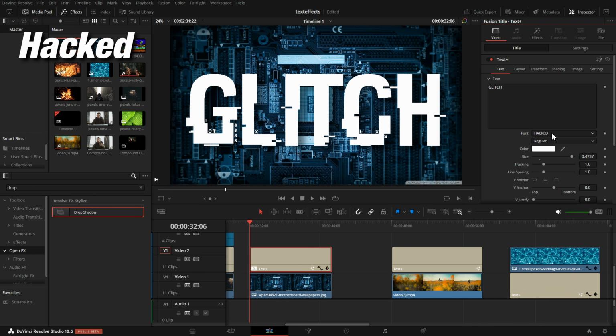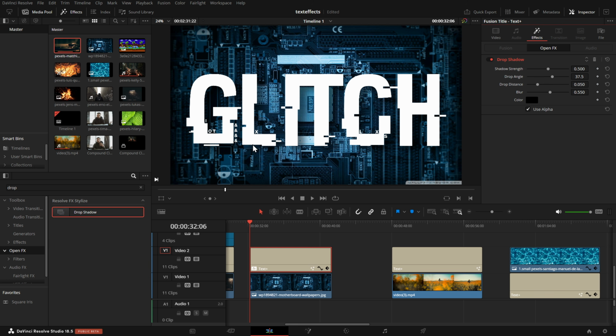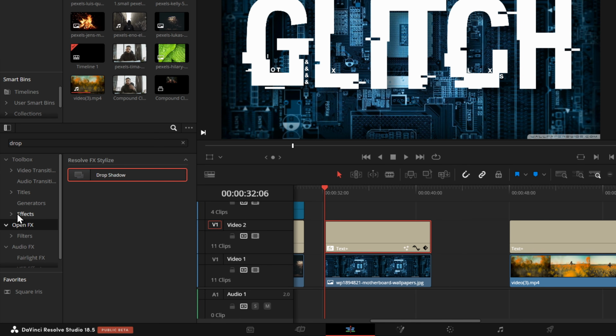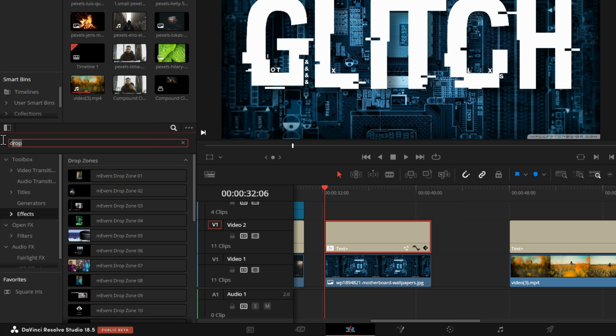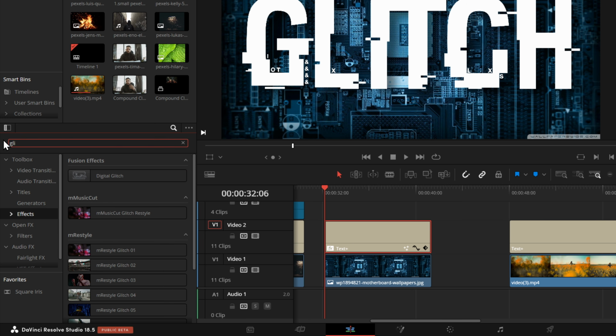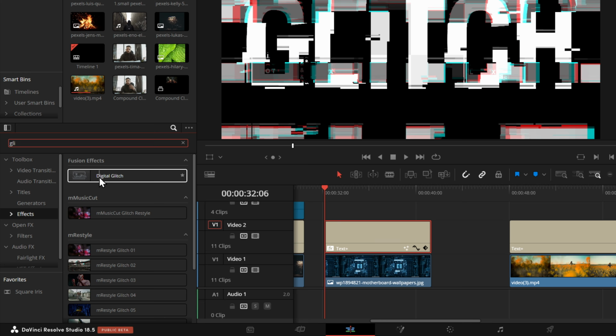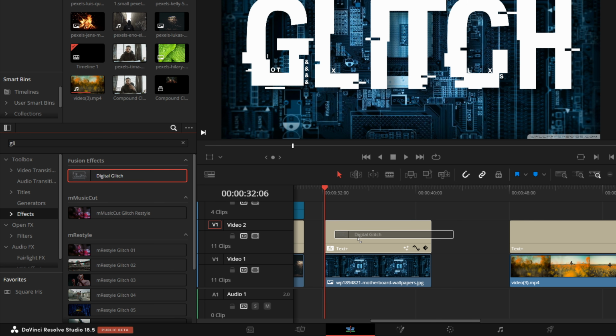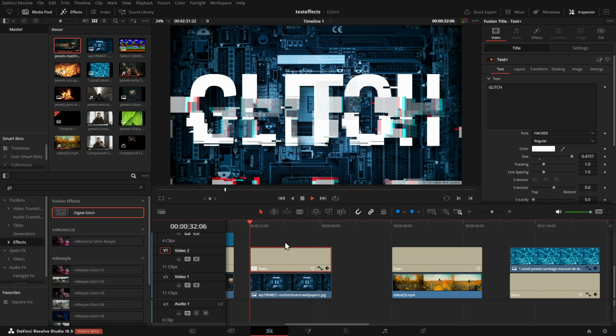It is free once again, but you do need to credit the person that created it, which is totally fair if you ask me. So I've also dropped a drop shadow on this one just to make it pop off the background. So how do you make it glitch? Simple. Go to the effects folder within the effects library and search for glitch. There's one in there called digital glitch. We can then simply drag this effect directly onto our text plus, and then if we hit play, we have